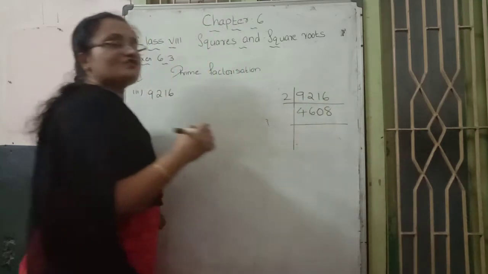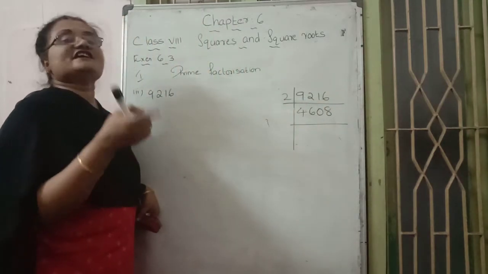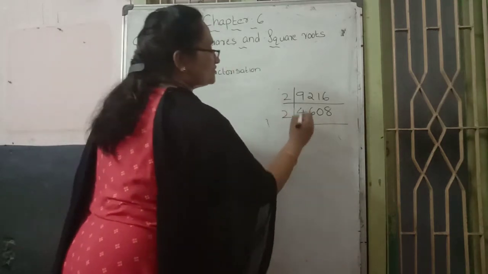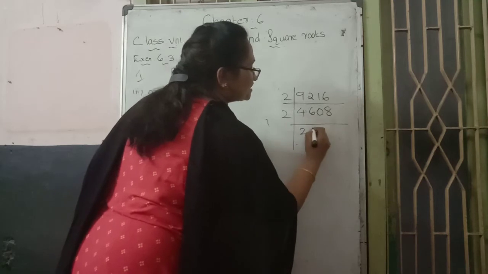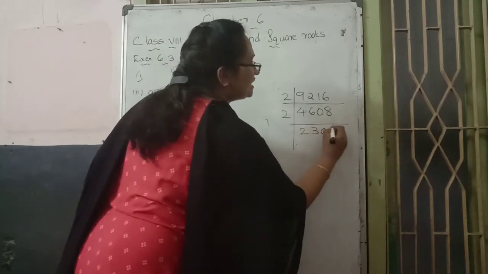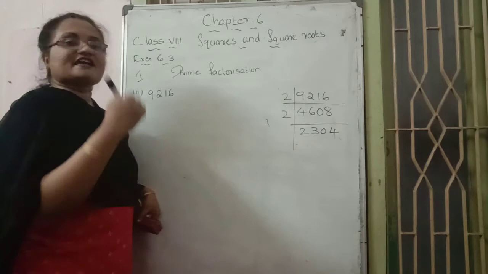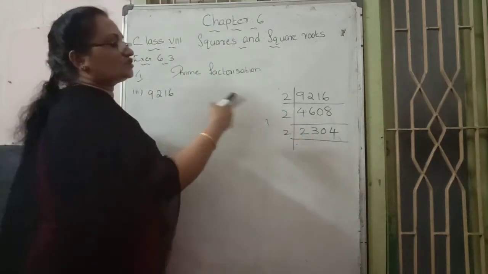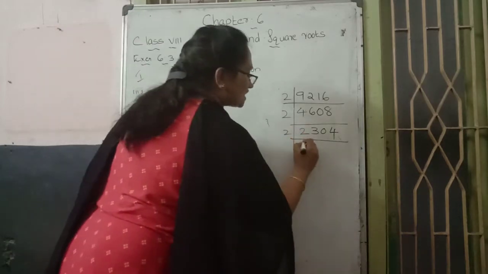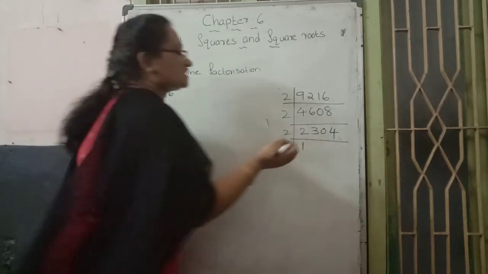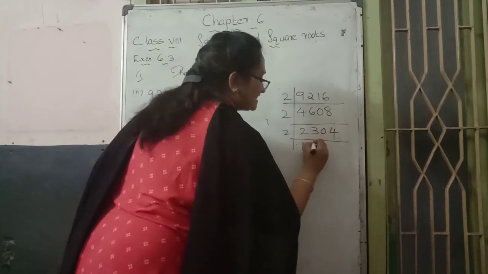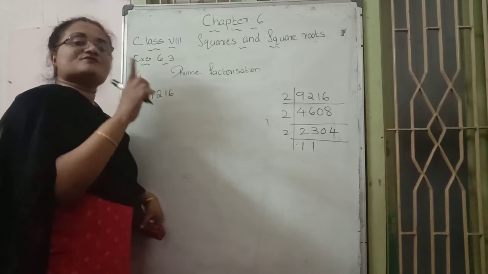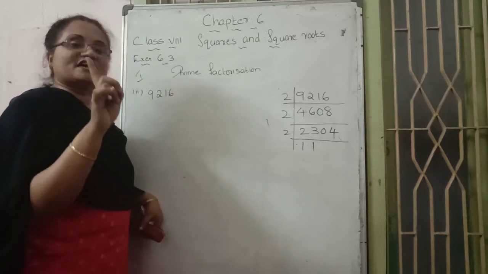Again continue with which prime number? 2. What is the reason? 8 is in the unit place, and 8 is an even number. So continue with the 2. 2 threes are 6, then 0. 2 table 8, 4 times. Again we can continue with the 2. What is the reason? 4 is an even number. 2 table, 2, 1 time. 2 table 3 is not there, nearest answer 1 time. Then 2 into 1 becomes 2, and 3 and 2 subtraction, doing 1 has remained.